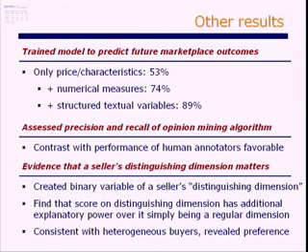Now, the model had virtually no predictive power when you took only price and product characteristics into account, which is, again, not surprising. If you took the numerical measures of text and numerical measures of reputation, lifetime, and average rating, and used them as features, there was substantially better classification accuracy. If you took the structured text variables into account as well, 9 times out of 10 we were able to predict which of 2 competing sellers is going to make the sale. And this is off a 50-50 baseline in the absence of this.